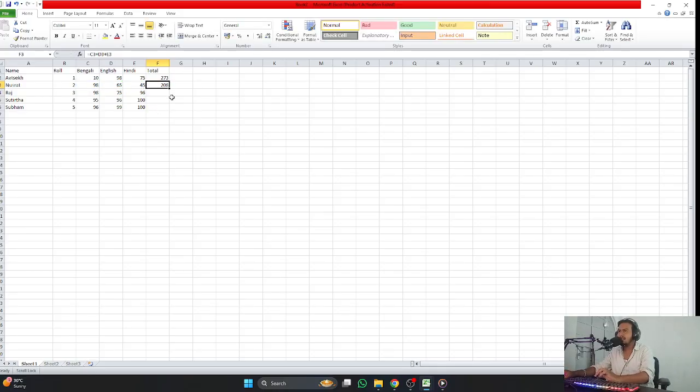So I can clearly see that she has got 208. Let's increase the marks a little bit. Let's suppose in Hindi she has got 100. Let's increase it. Just make sure you are watching carefully. Look at this cell very carefully. The moment I give enter here,